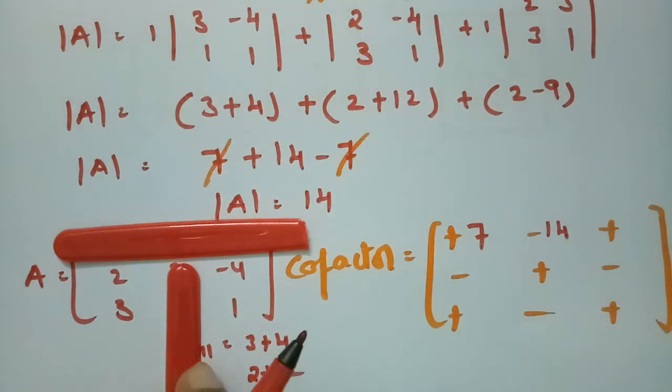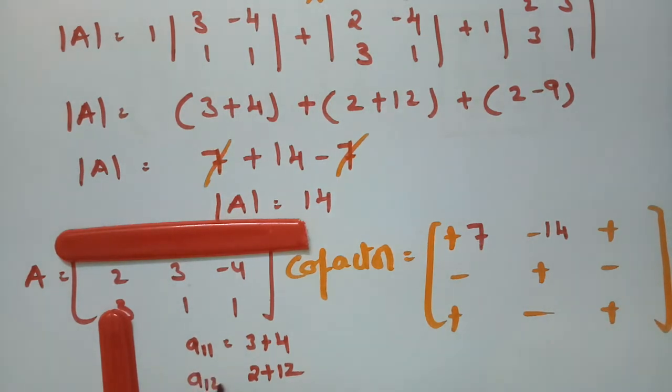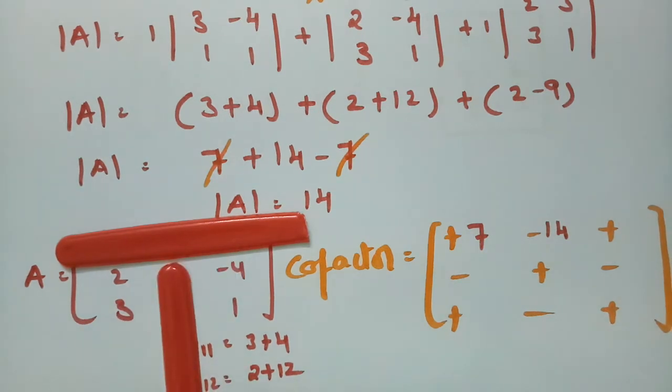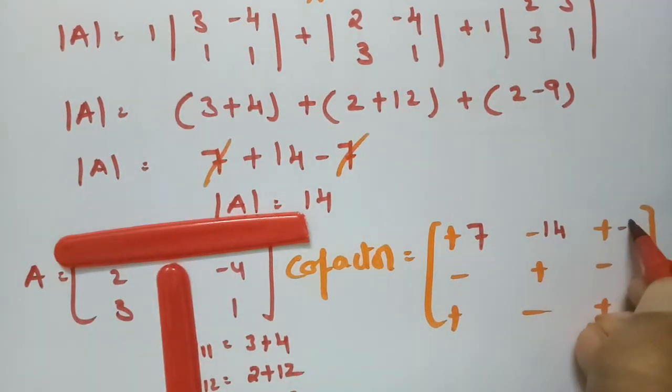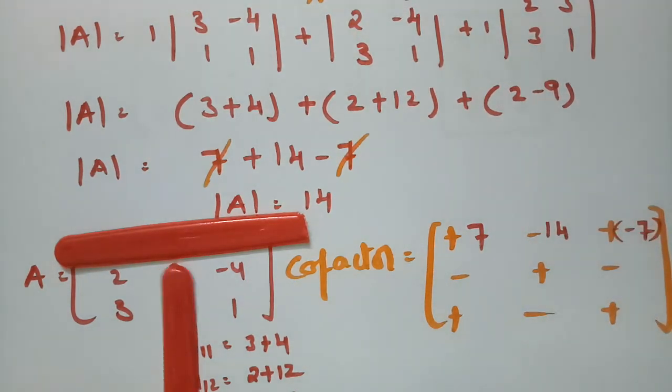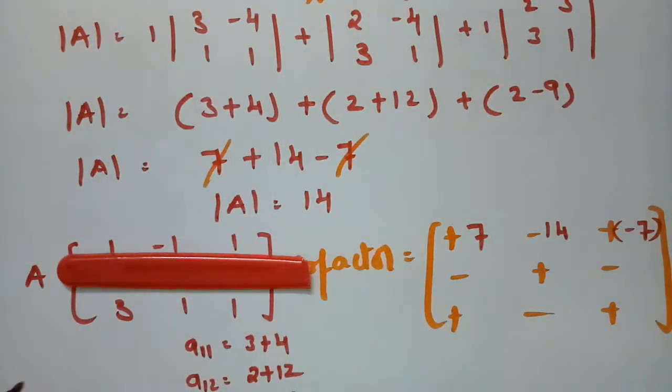So this value will be 14. So this is nothing but A12. And for A13, if I close this, 2 minus 9. See here, 2 minus 9. The value here is minus 7. So this is minus 7. And for the next position